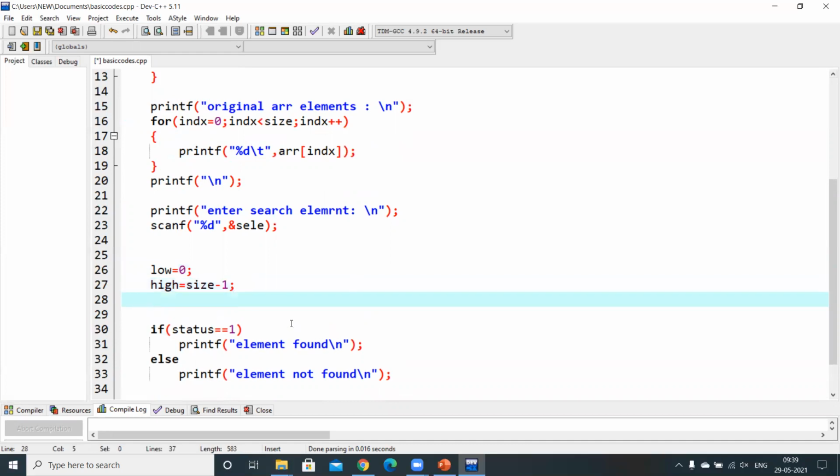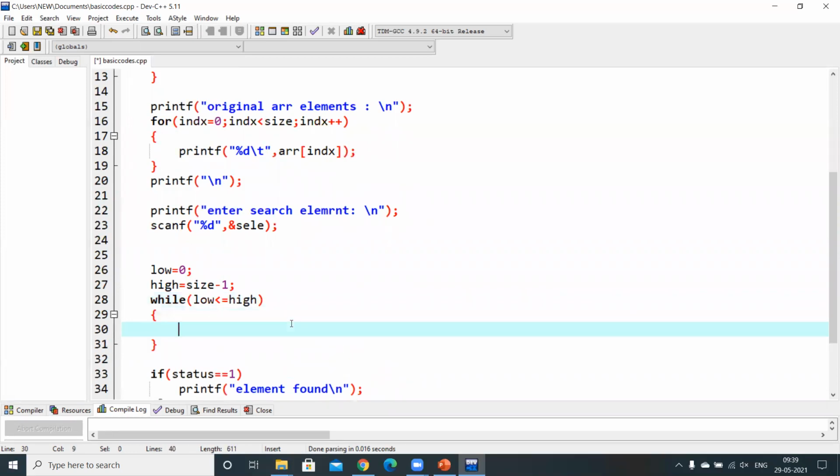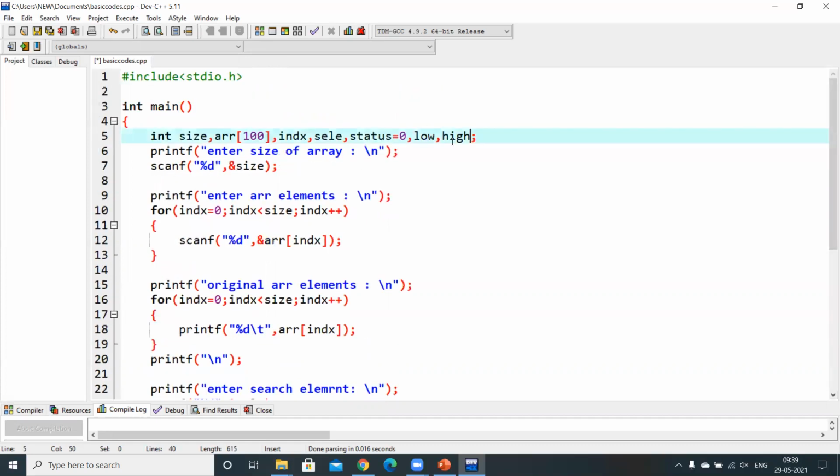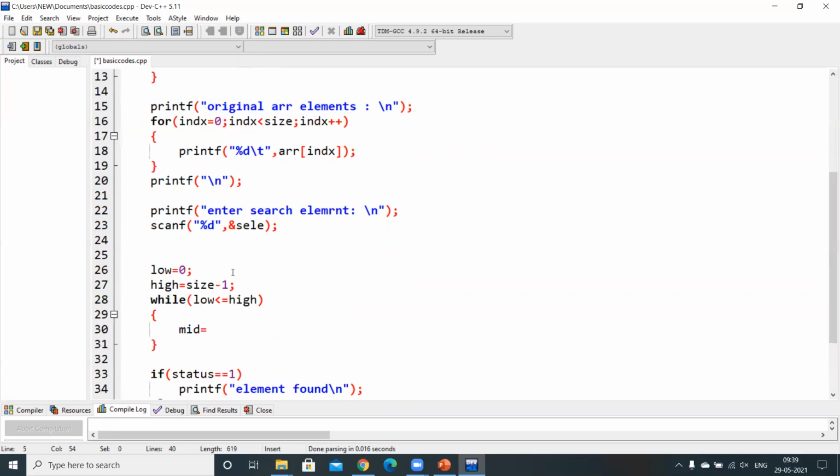Now, while low is less than or equal to the high index, what you need to do? You need to get the mid value every time. Mid equals low plus high by 2.